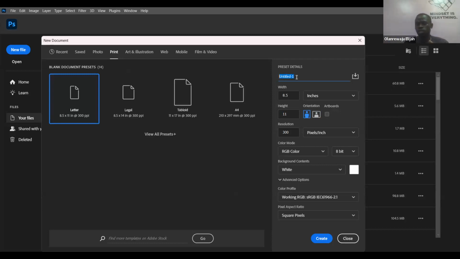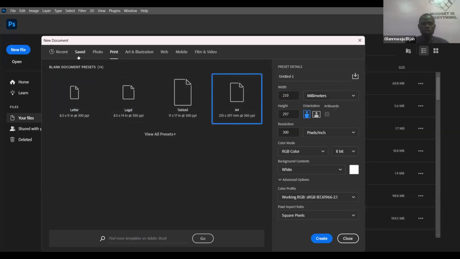Are we following? So now we have different units. How many of us are science students here? We have pixels, we have inches, centimeters, millimeters, points, meters, right? But most of the time we work with pixels in Photoshop. In fact, the default one that we are going to see here is pixels. But if you want to print something, you click on Print, and what you are going to see is inches. It's going to change to inches. Can you see now? When I click on Print, it changes the dimension to inches, right?